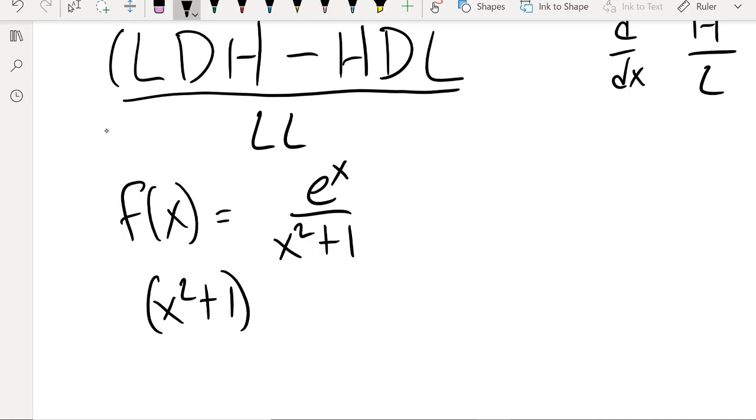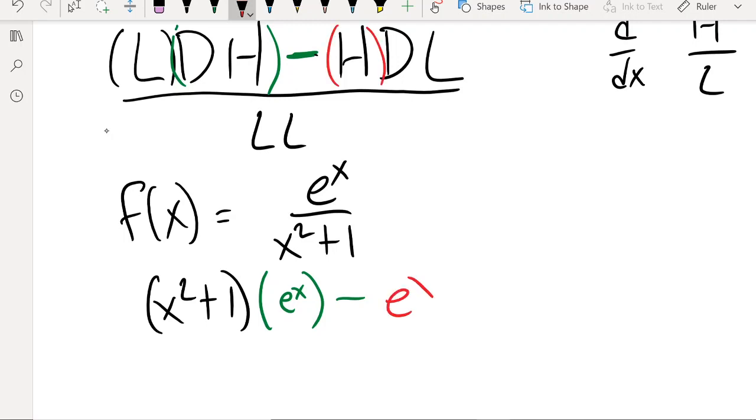Low. And then d high, meaning I'm going to take the derivative of the high part. So low d high, I'm going to take the derivative of e to the x. Well, that's just e to the x. Good so far. Minus, and then high, which is also e to the x,